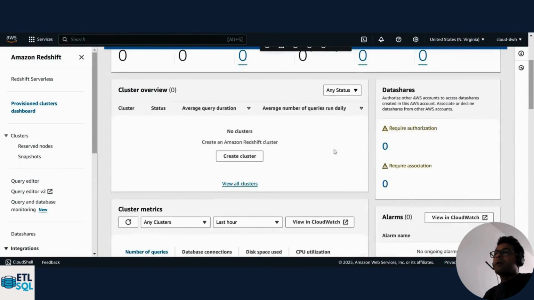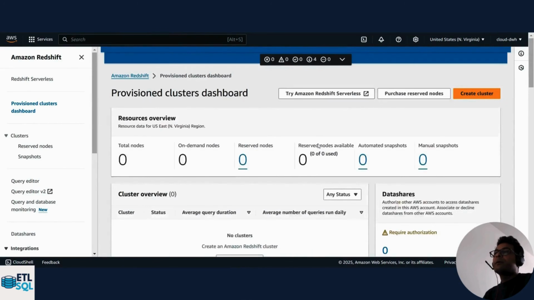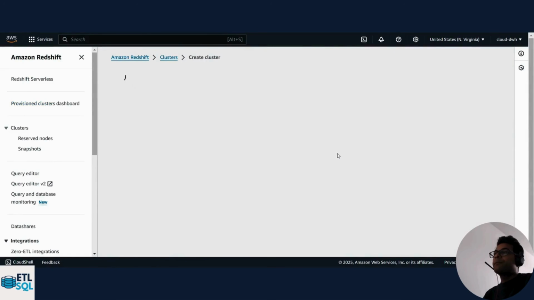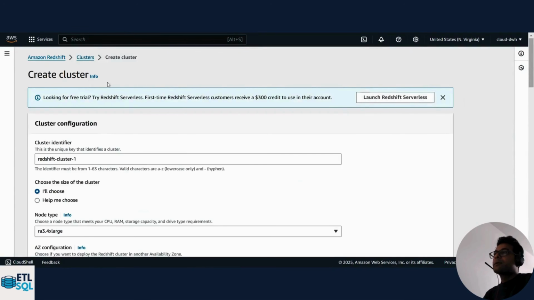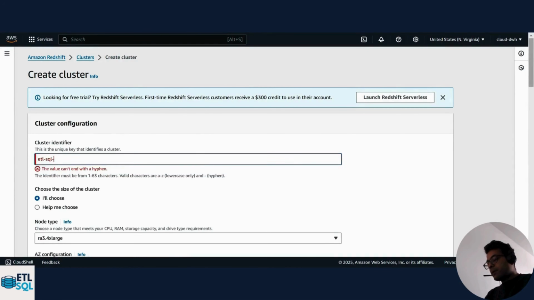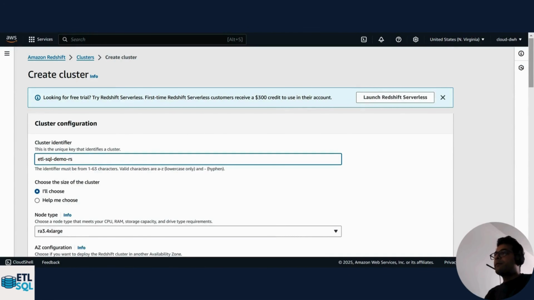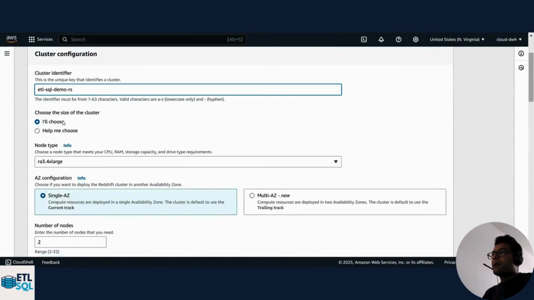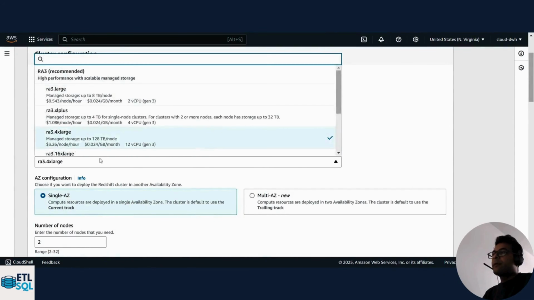And you see here, right now, I don't have any clusters. So I will click on create cluster. Let me close this for better view, and give it a name: ETL SQL demo Redshift. Choose the size of the cluster. I will go with the one which is, just a heads up,